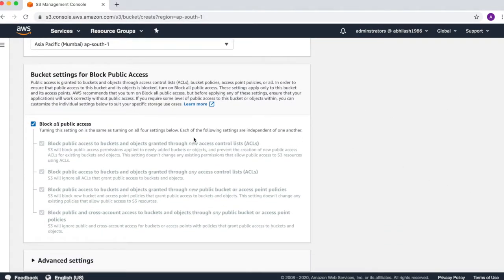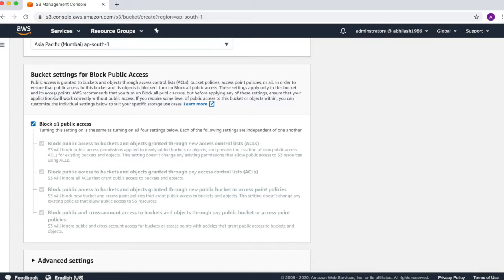Now, an important thing is block all public access. This is about security. We are not going to talk about security in this video because that is a very important topic, and I will be creating a subsequent video which will cover security in detail. But the important thing to notice, there are two levels of security. One is the bucket level, the other is the object level. Why is it so?